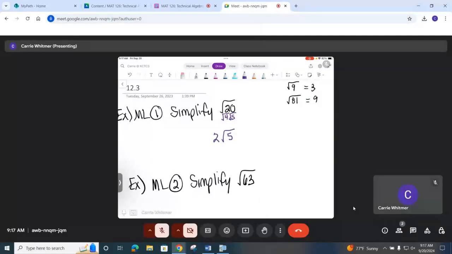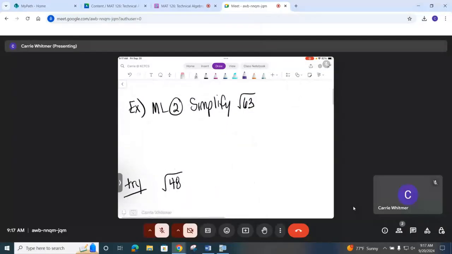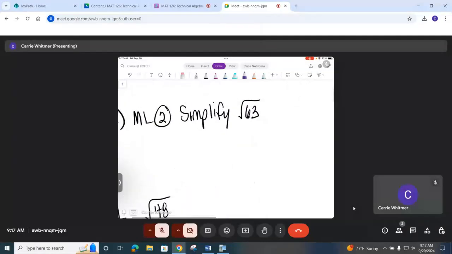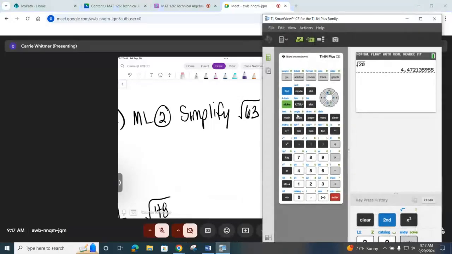Okay, let's look at another one together. This time we have the square root of 63. 63 does not have a square root, so I want to think of perfect square numbers that are factors of 63, and I want the largest one. Now, I do want to show you this little calculator trick. If you struggle a little bit with your multiplication tables, or you're simplifying a number that's a little larger and you don't know the multiplication for that, you can get a list of